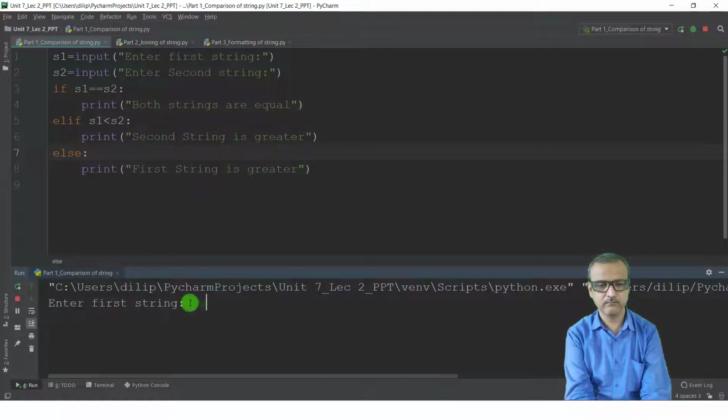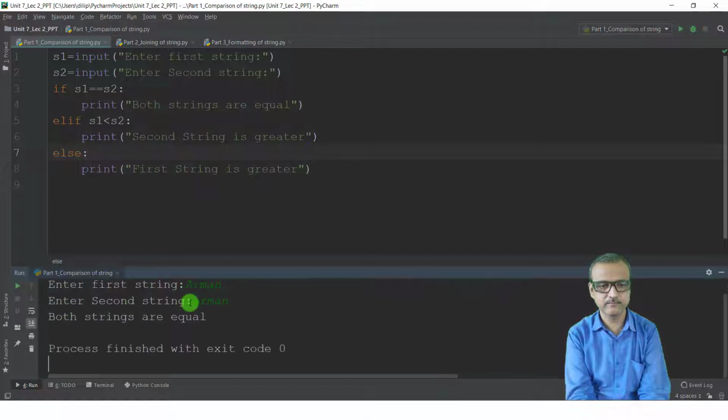Say Arman. Enter second string. Say again Arman. So what will be the output in this case? That is, both strings are equal.